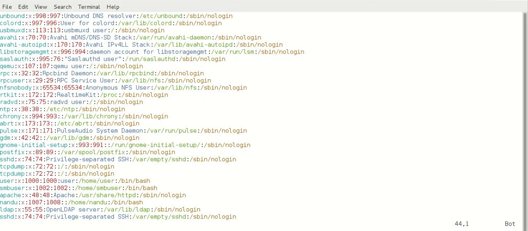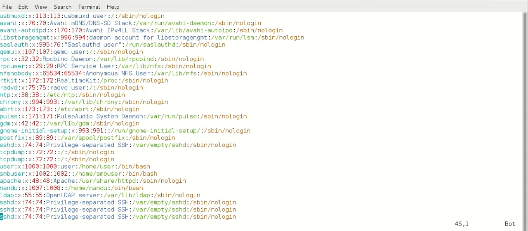See, the line which I copied, SSHD is the line, the SSH user, everything, that complete line I copied and pasted here. At that time when I paste the line, my cursor is here. If I press p again, it will come again. Why? Because the line I copied, that line only I am pasting again and again.